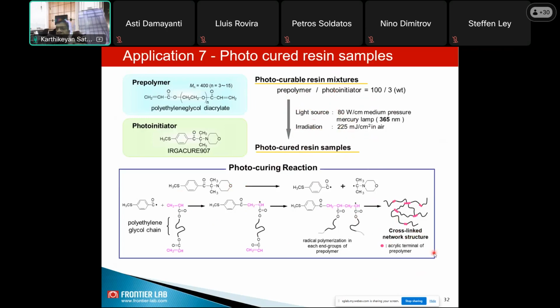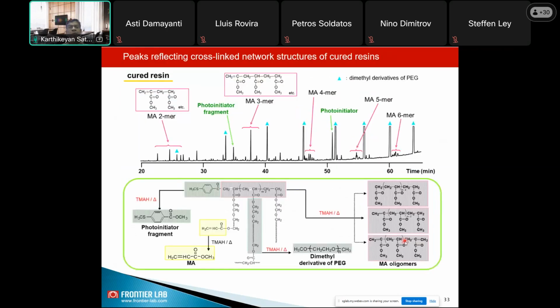Now, when you have different types of photo initiator and polymer, and based on the type of application, one may want to know how this is working and how to know my material has longer stability. The longer stability is generally based on the number of cross-link network structures developed during this process. Typically, normal flash pyrolysis does not provide distinct information. So again, we try tetramethyl ammonium hydroxide based reactive pyrolysis,